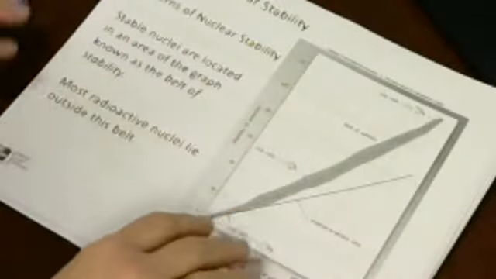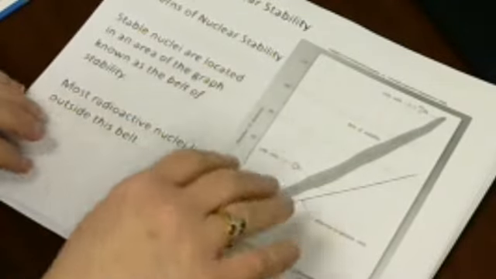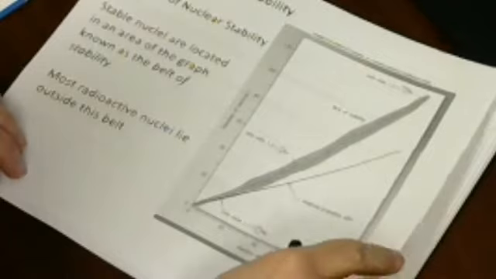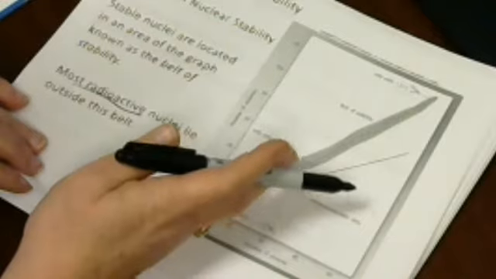And again, in your book on page 919, it gives you this graph, and it's in pretty color here. I'm going to put this PowerPoint on Blackboard for you as well, so you can see it. But it shows you this belt of stability, and it's just showing you that most of the time the radioactive elements are going to lie outside this belt. So if you have a proton to neutron ratio that doesn't lie on this belt, it's going to be radioactive. Now we're not going to have to know that too much, but